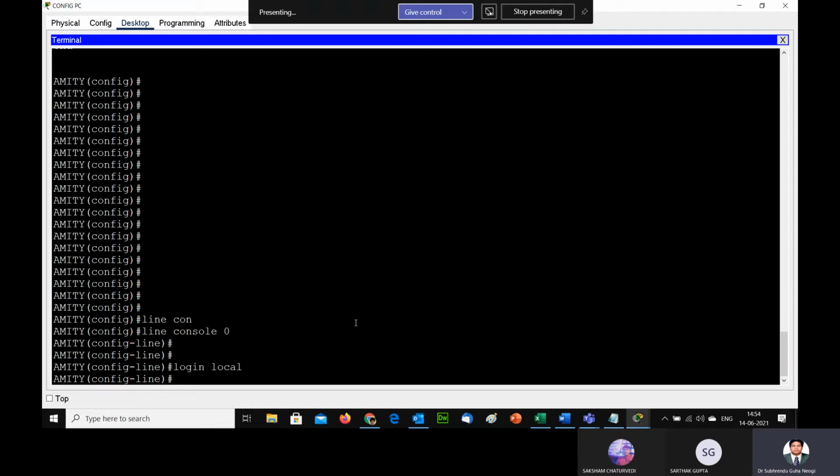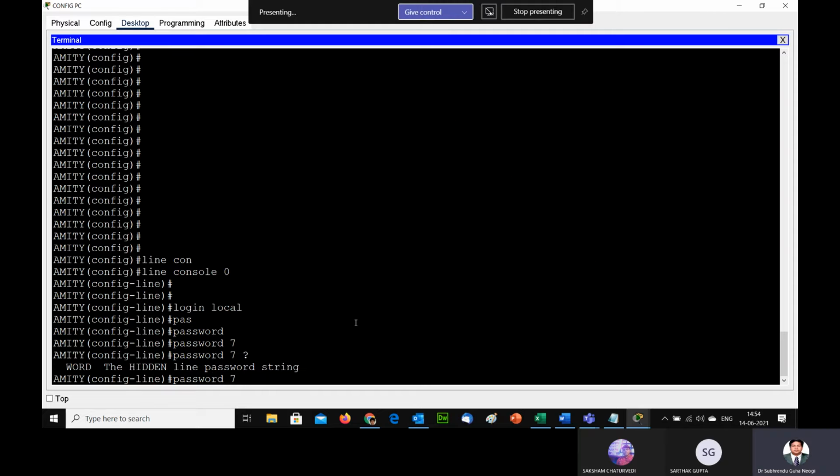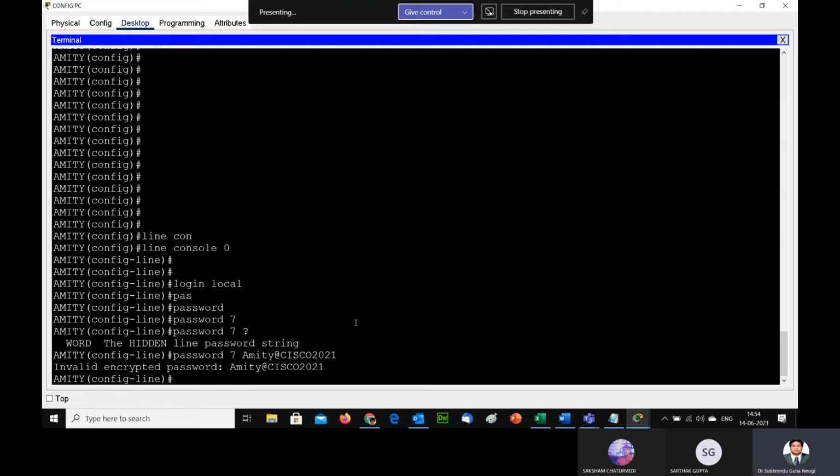Then we can also create a password, type 7. Then we are writing MHC and then @ 2021, a very complex password.